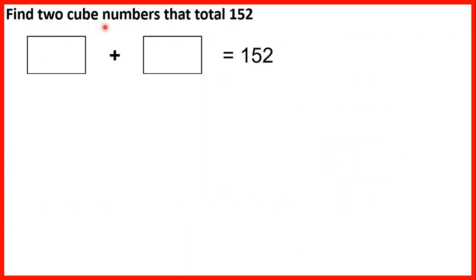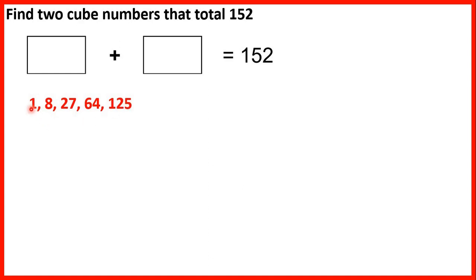Find two cube numbers that total 152. So we need to remember that cube numbers are what we get when we multiply a number by itself and then multiply it by itself again. So the first 5 cube numbers are 1, 8, 27, 64 and